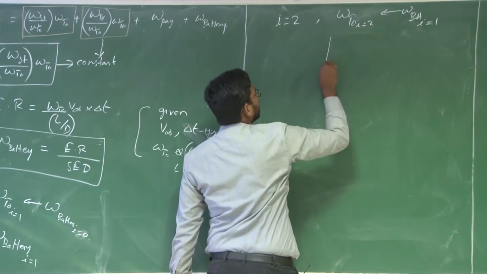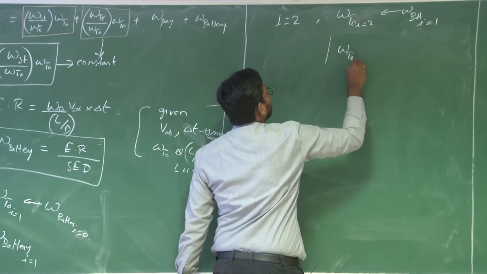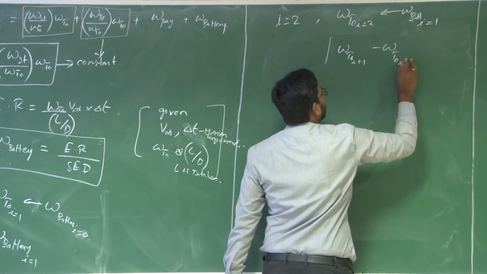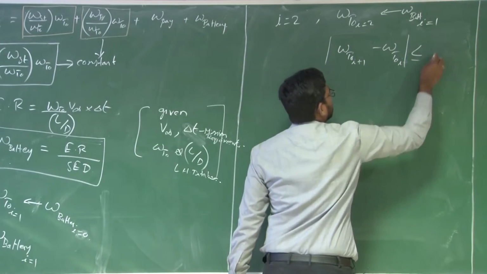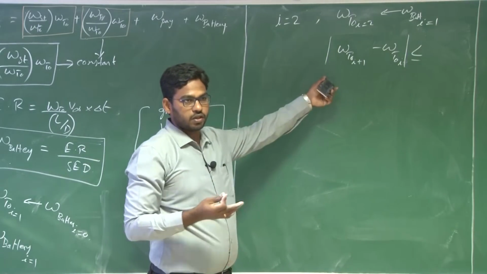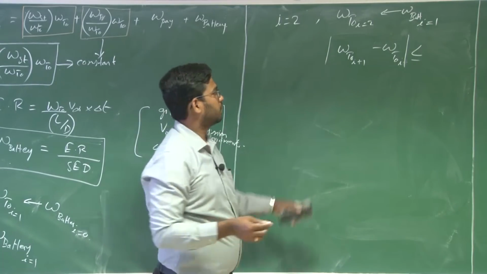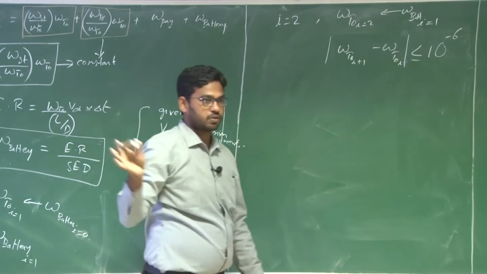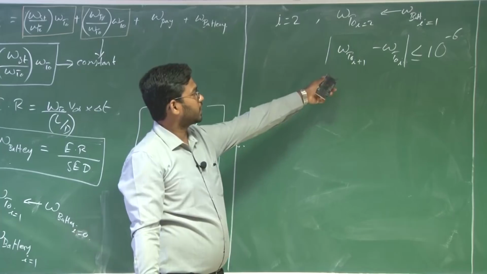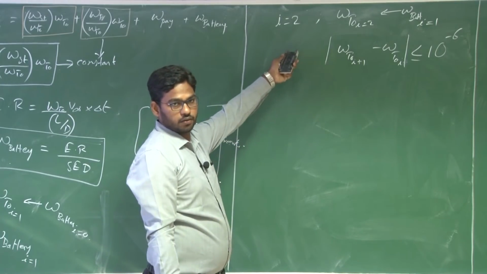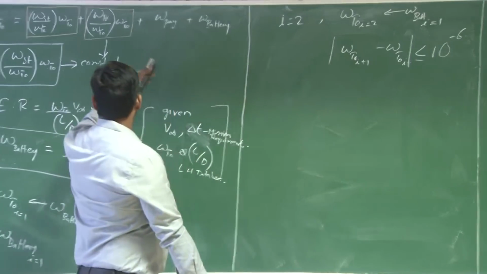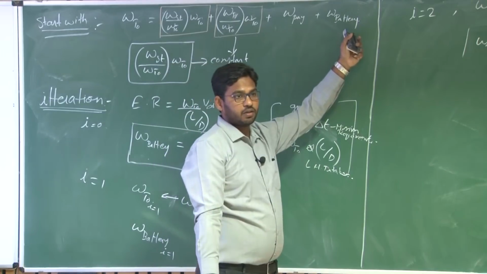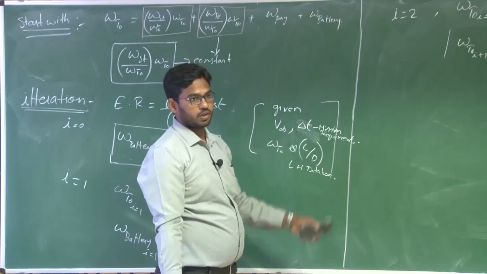So before proceeding further, you need to see whether the takeoff weight at i plus 1 minus the takeoff weight at i is less than a given limit. Ideally, if the difference between them is equal to 0, then it's good. Otherwise, given a certain limit, 10 power minus 6, which is 0.000001, right? If that is the case, then you can consider the new takeoff weight as the updated weight and the corresponding battery weight for the new UAV.